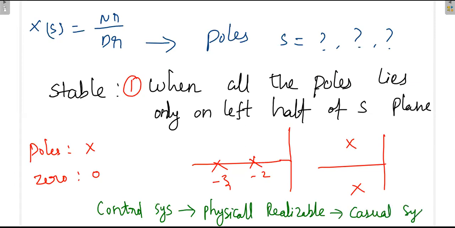That means system parameters will be defined only for positive time index, because if you are starting the system now, it will definitely work only for positive time index. We cannot work on the negative time index. So all the systems we discuss in control system are physically realizable, that is, in general causal systems. All the statements may be true from the causal system point of view, but in signals and systems, we will see both causal and non-causal, and also stable and unstable.